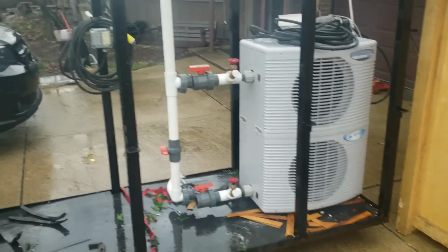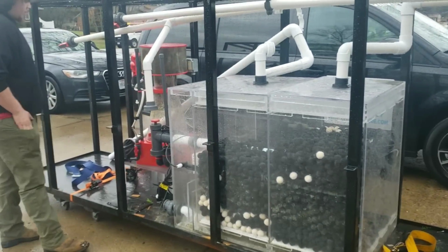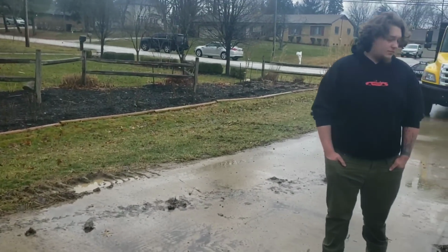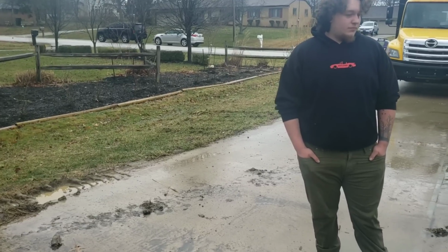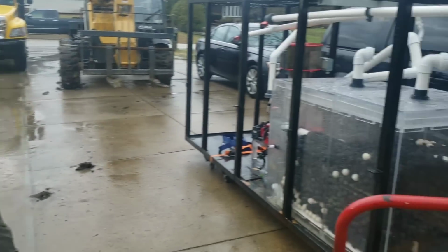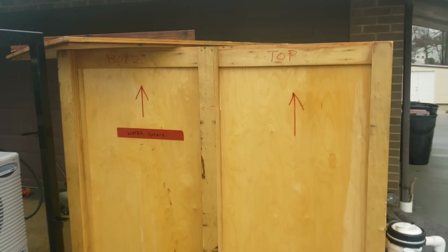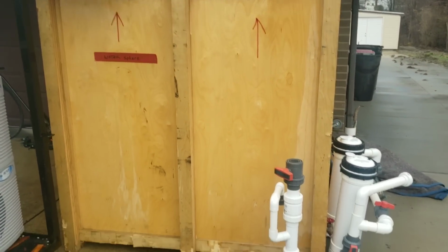All right, guys, so while we're still dismantling the second stand here out front, we got some reinforcements arrived. Stephen Conroe came up with the 500 gallon stand. Ryan's buddy also showed up to give a helping hand. He's helped us year before. But to get back into fish tanks and fish tank accessories and all the good stuff, you see this big